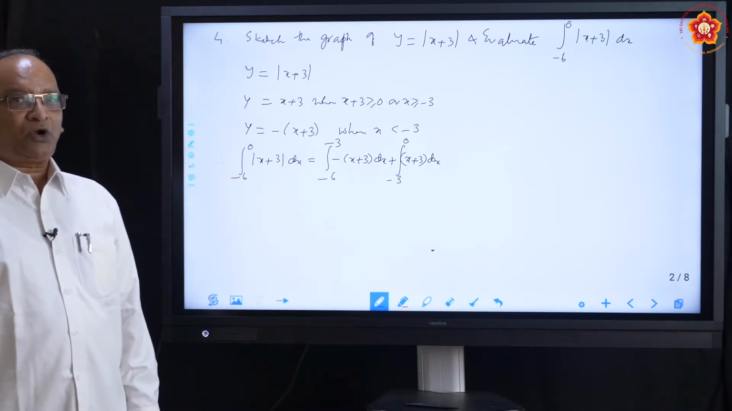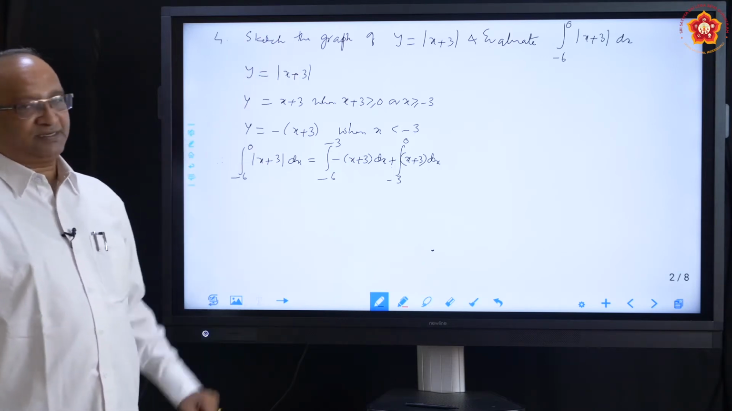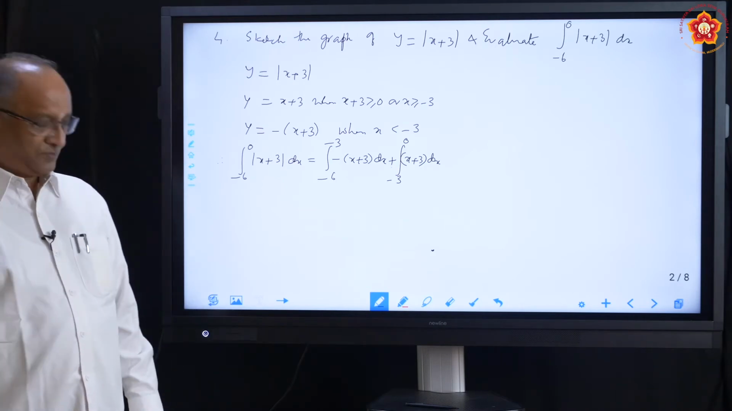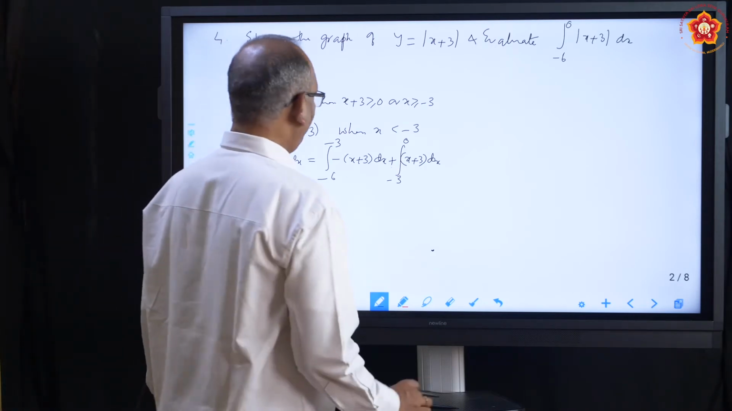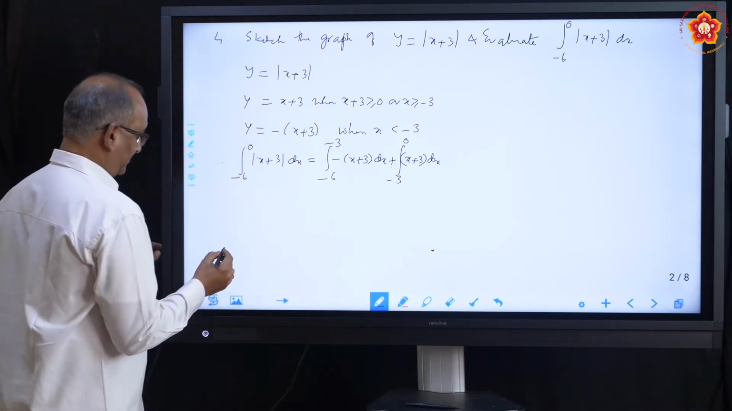We also need to draw the graphs. Sketch the graph, he said. So first we have to sketch the graph. So how do you sketch the graph? In order to sketch the graph, what do we do? We take that y equal to x plus 3,